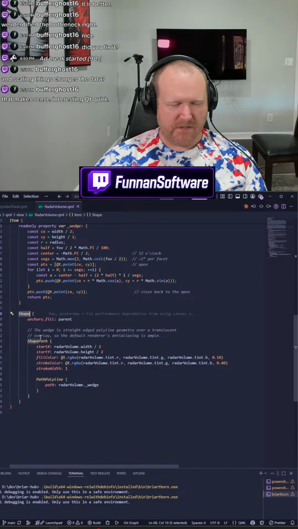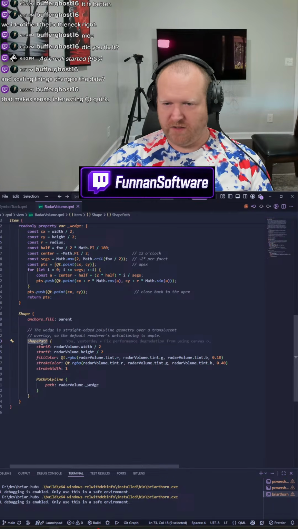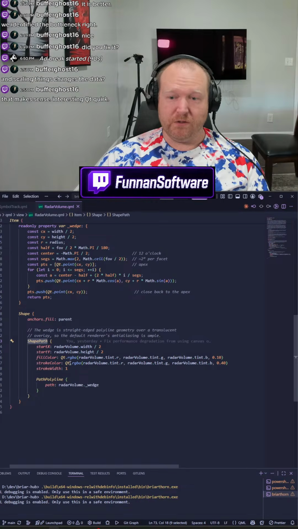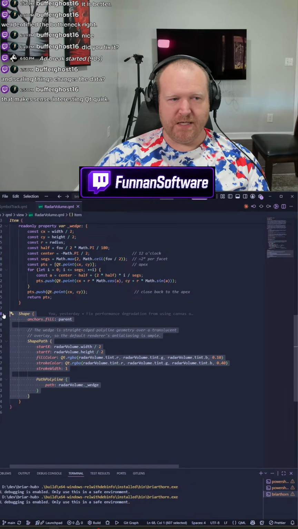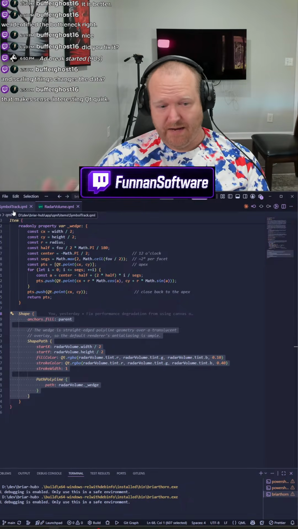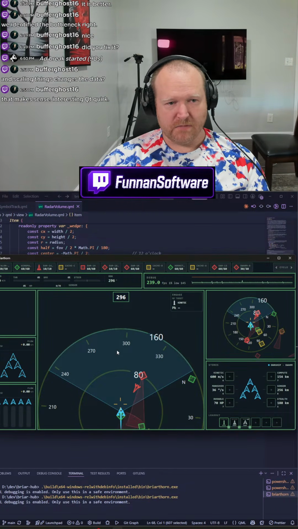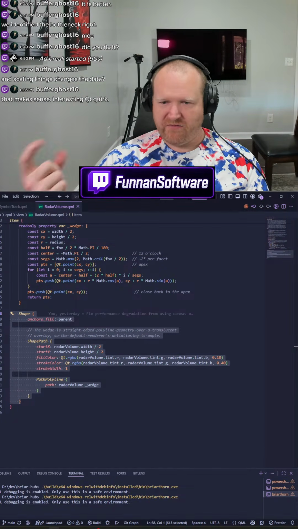This shape object is more like an SVG, a scalable vector graphic, but it uses the GPU instead. By swapping to this, two things happened, actually. I immediately got my performance back, like immediately, just by changing this one piece from a canvas to a shape.